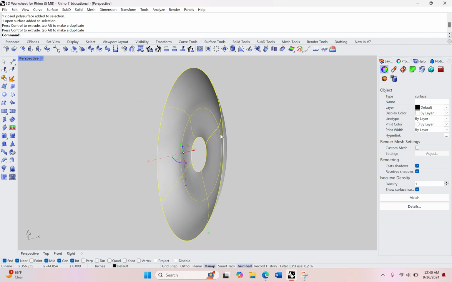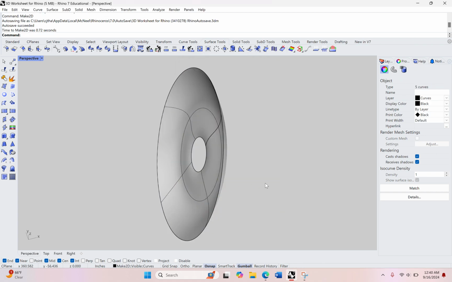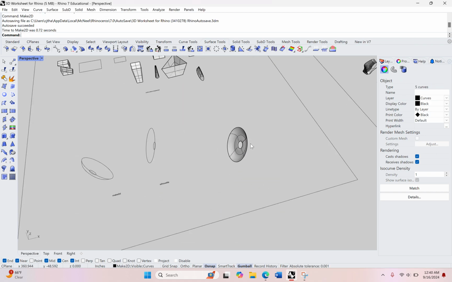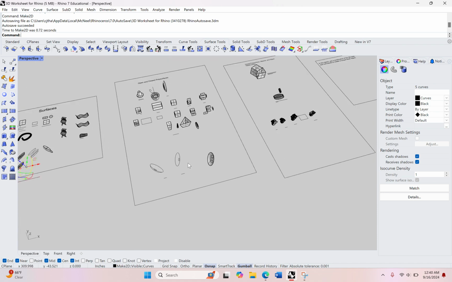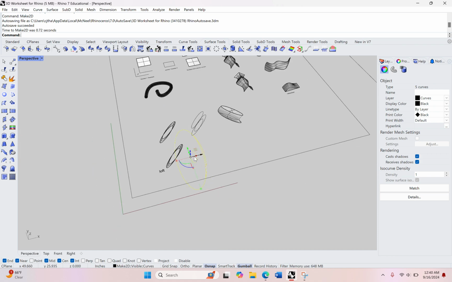I'll make it a bit more narrow. And with it selected, I'm going to say in the command bar, make 2D. And it asks me a lot of questions. I'm just going to say OK. And nothing happened right here, but if I go back to the origin, here we go. Here's our make 2D